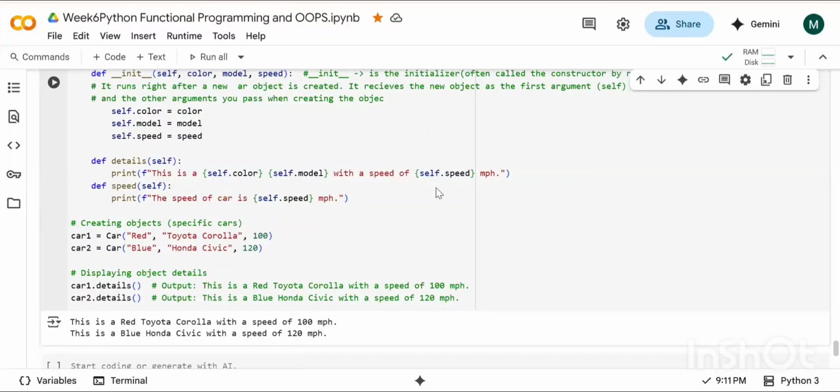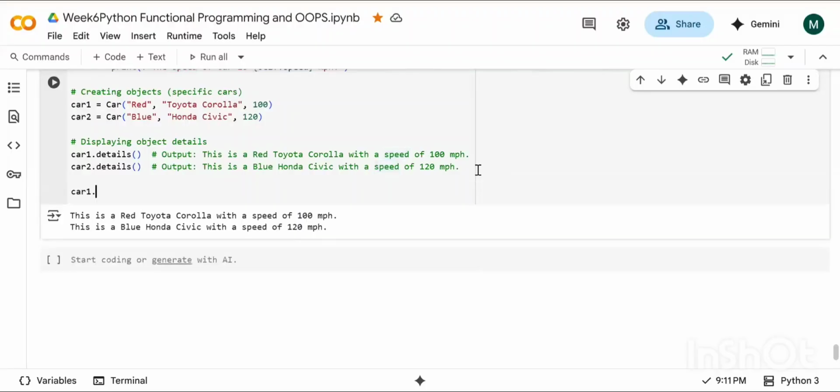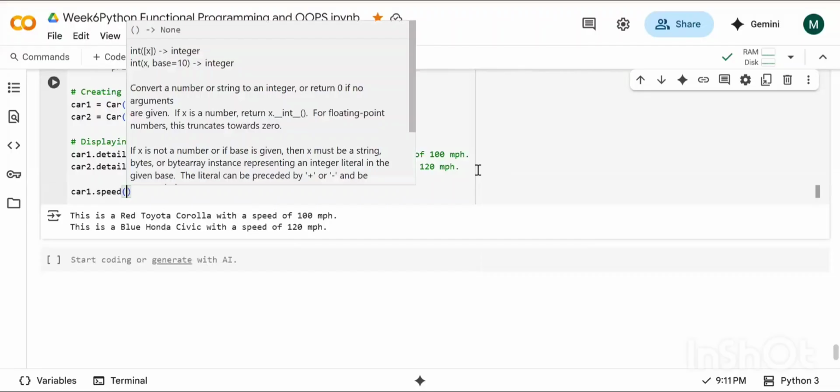The speed of car is this. Now, what is the name of the function? Speed. Take this name, copy it, come here. The name of the object is this. Put this, run it.